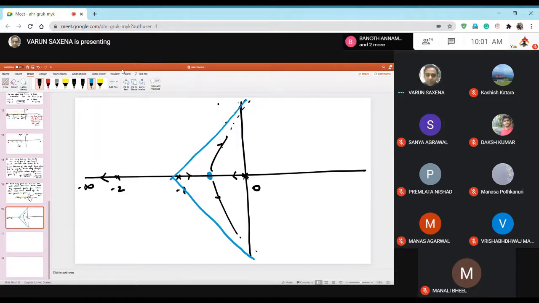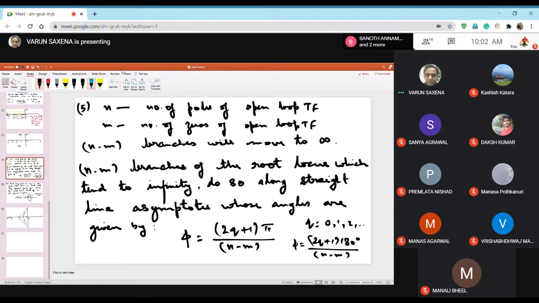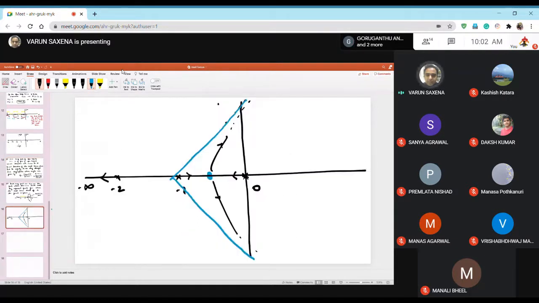So basically, if you remember, I had given you these angles. These angles are basically the angles of these lines. So you will come to know where these lines are located, and then you will trace your curve in such a way that you are able to figure out where these lines would be. Let's just try to look at these lines for this problem.